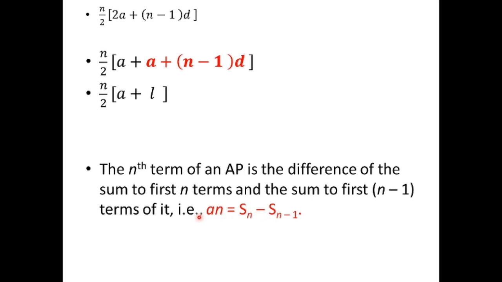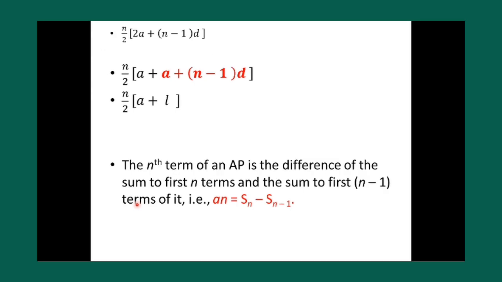Through this video you learned the concept only, not the exercise. The exercise you can learn in another video. Through this video, you learned what an arithmetic progression is and what the terms are. A is called the first term, d is called the common difference, and an is called the nth term. Is it clear? And also we learnt how to get the sum of n terms of an AP. The formula is n by 2 into 2a plus n minus 1 into d.